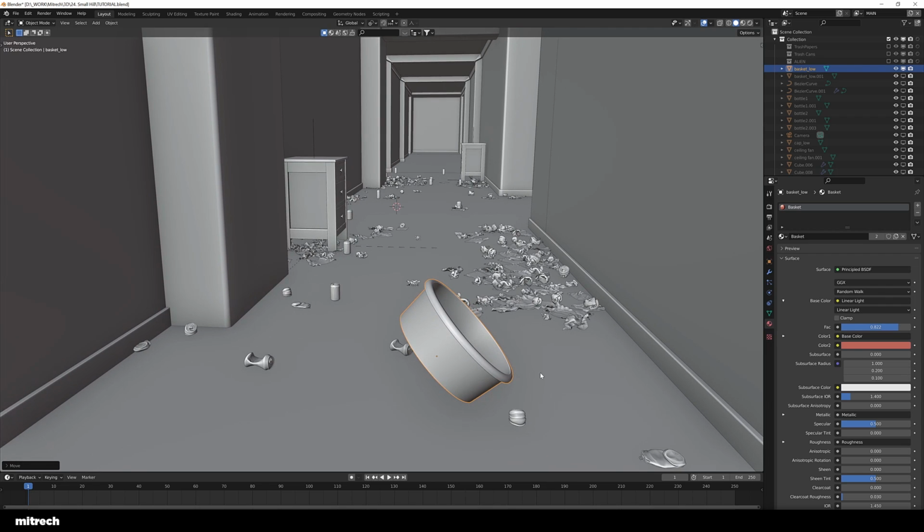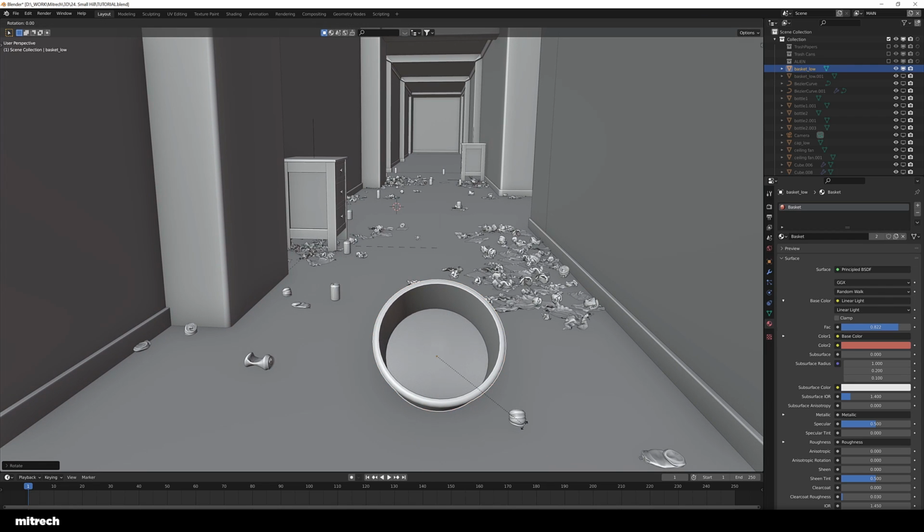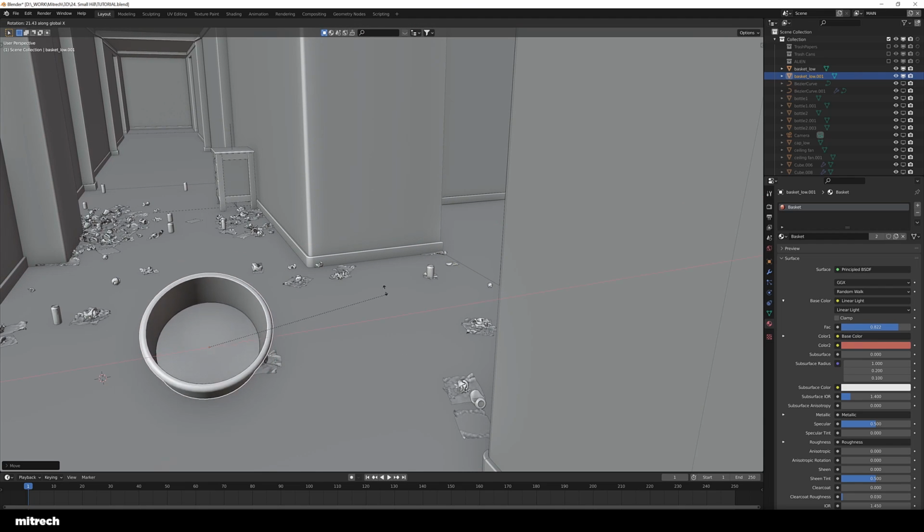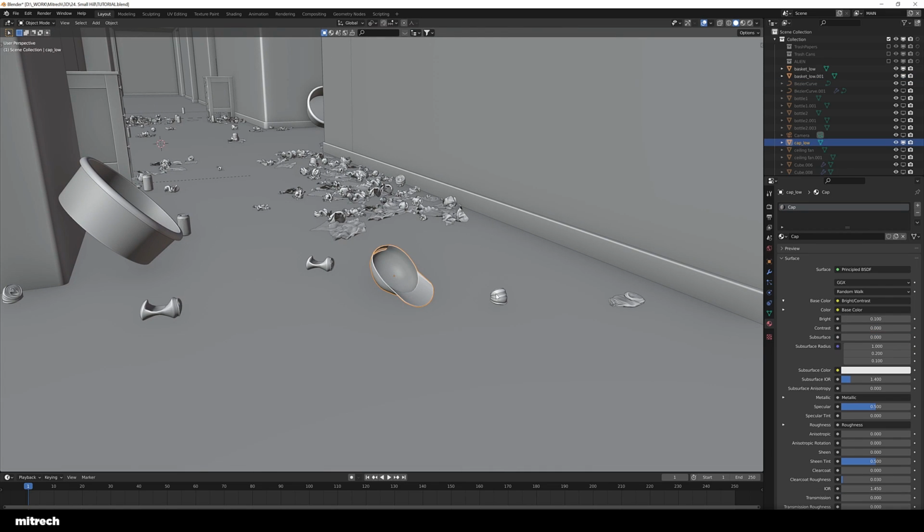Next I just use my own assets, the ones that I've been talking about, and I'm placing those around, right? As you can see, those are just a couple of baskets that I've made in the past. You can see the cap on the floor and a whole bunch of things.